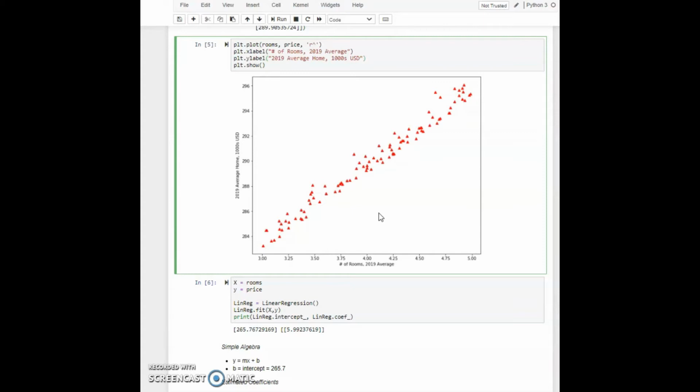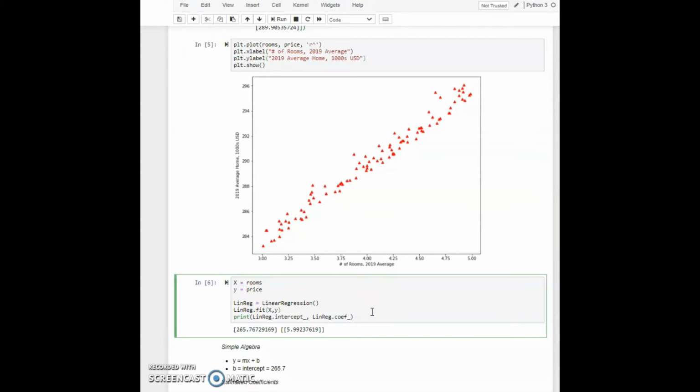So now let's do a simple linear regression in cell 6. So for our model here, we are going to use rooms as the predictor. So we are going to say x is equal to the number of rooms, and we want to predict for the price. So y is equal to the price. Let's instantiate a linear regression object, and we'll call it linreg, and then we'll say linreg is equal to LinearRegression, and we'll fit the model to the data. So to do that, we'll say linreg.fit, and we'll pass in the variables x and y.